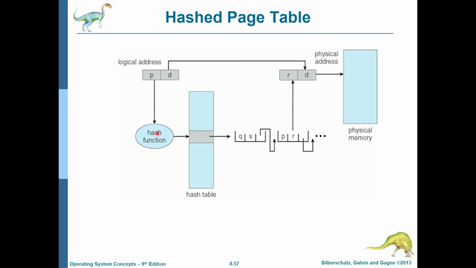And as you know, hash functions are really quick, but they cannot be O of 1 if there are a lot of collisions, by the way. So we have to choose our hash function in a way that avoids lots of collisions. Because for example, here we got lucky because only the second entry was the correct one. But what if this chain was really long? Then this operation will not be O of 1, and we need to traverse this linked list until we find the correct page number that we are looking for.